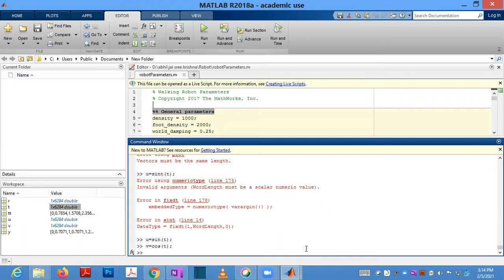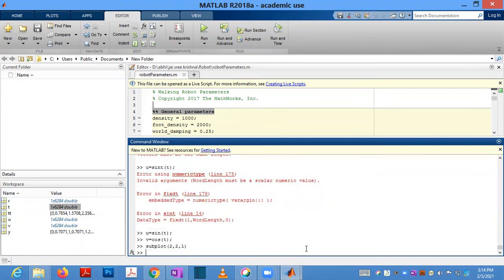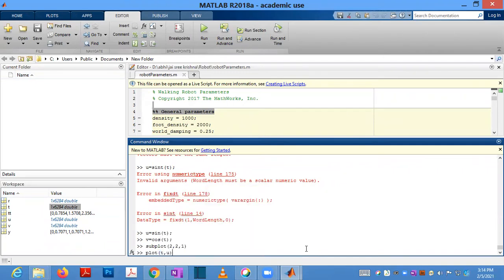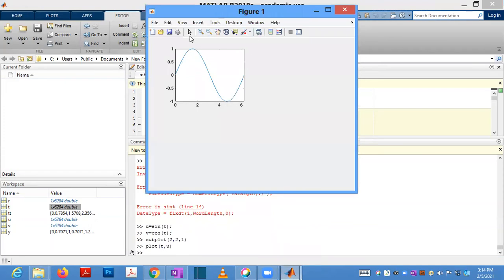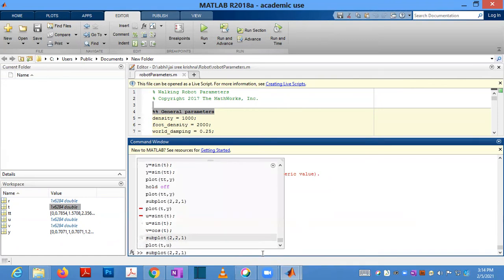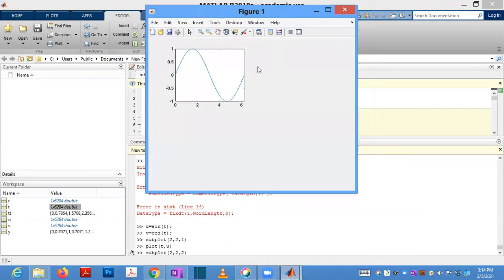Now I want to plot these things. Subplot 2 comma 2 comma 1, there I am plotting t comma u. That will be a sine wave, so it creates a sine wave here. Now the second plot: subplot 2 comma 2 comma 2, that is the second. Here it will show a plot.